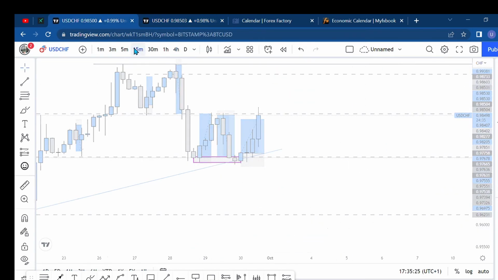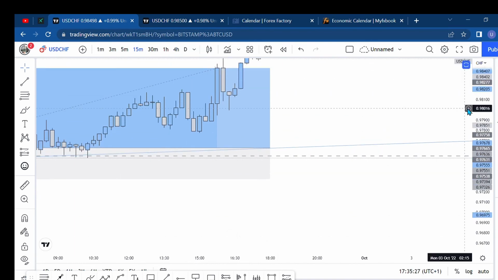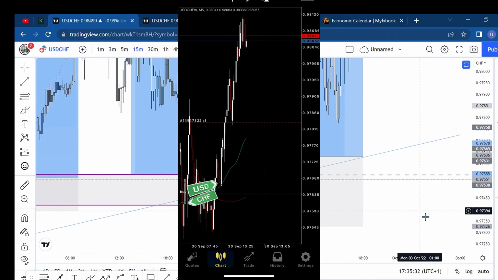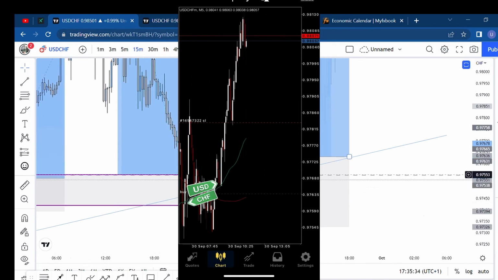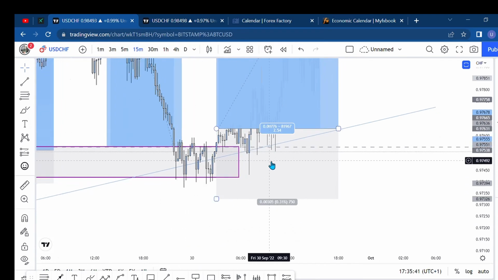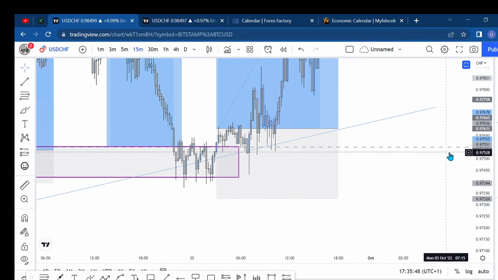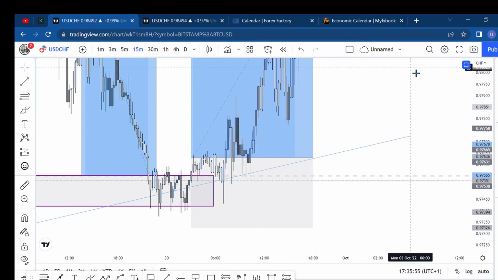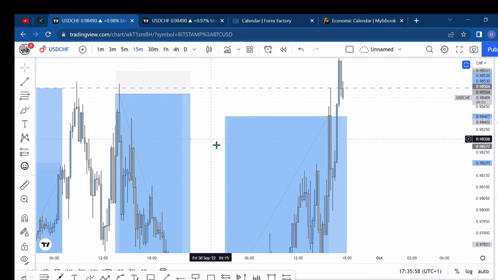Okay, let me go to my 15 minutes here. This was the trade I took. I'll also be posting this. I took my entry from here, from this zone right here. That was where I took my entry. Then my stop loss was so wide to this extent, but as you can see, price did no longer come to break on this zone again. Price did not come to this zone again. Price just respected here that I already marked out. So my entry was somewhere around here, and then as you can see, my TP